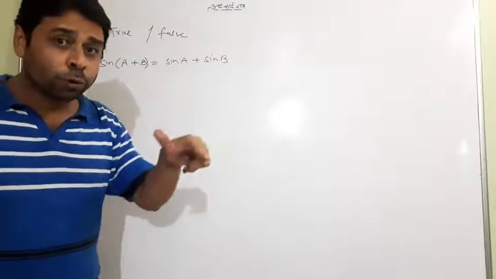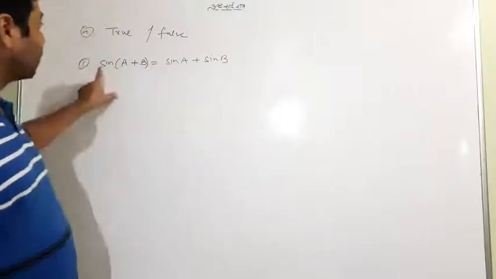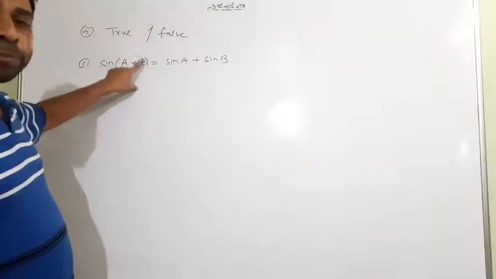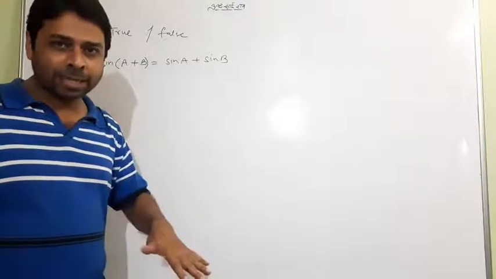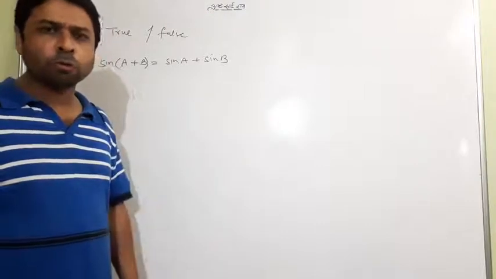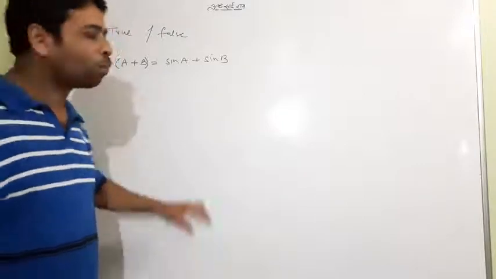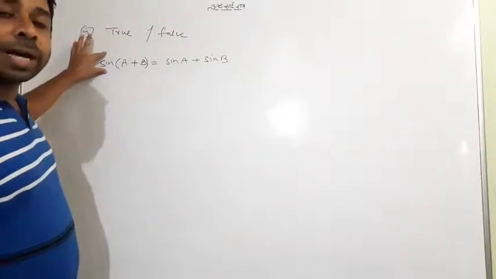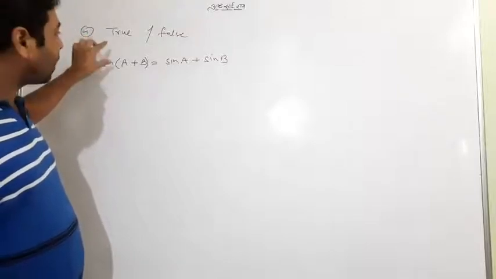At first sight, if you see it, it seems correct. Look at sin of a plus sin of b. But I tell you it is wrong. It never happens like that. We can take some examples also to show this, but it is wrong. One must know, if someone asks you what is sine, that sine is not a number. Sine is actually an operator, and an operator never multiplies like that.